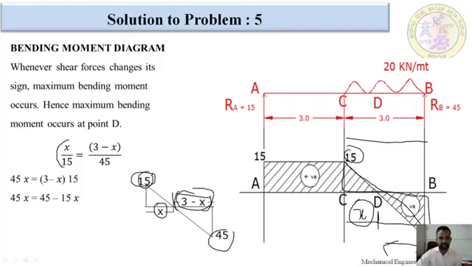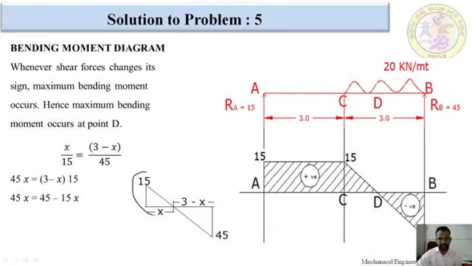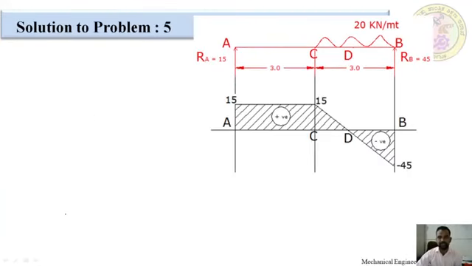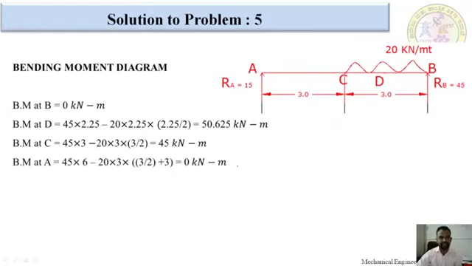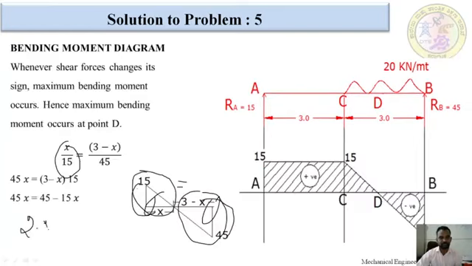For that reason x divided by 15, I am going to explain, so listen carefully. I am going to use symmetry: this is equal to this one. These are 2, and in between there would be an equal point. For that reason x divided by 15 and 3 minus x divided by 45. I am taking x divided by 15 is equal to 3 minus x divided by 45. By calculation we will get the x value, which is 2.25. This value we got is 2.25.